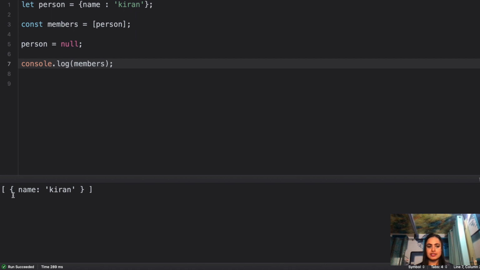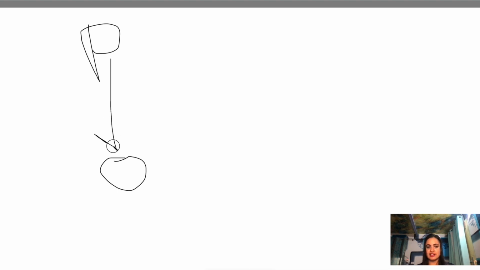So if I run this, I still get this object basically. So what exactly is happening here? First of all, you have this person variable which is referencing this object, name Kiran. And you know in JavaScript the object is handled by reference.